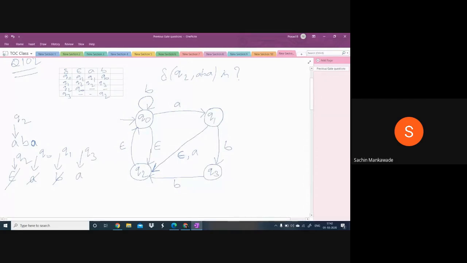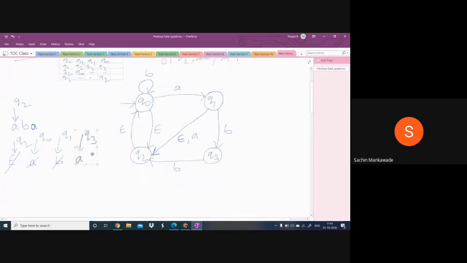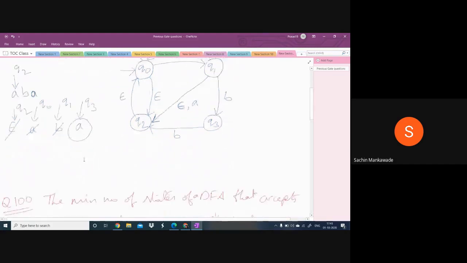Are you following? From Q2 it comes to Q0 on epsilon. From Q0 it comes to Q1 on A. From Q1 it comes to Q3 on B. Now the machine is at Q3 and the input symbol is A. But Q3 has not defined for A. So it stops in Q3. So the machine can reach Q3? Don't decide this. The machine cannot reach Q3. When do you say it can reach Q3? If the string is completed. The string has not been scanned completely. Here A is still remaining. So this is not it. We do the other.